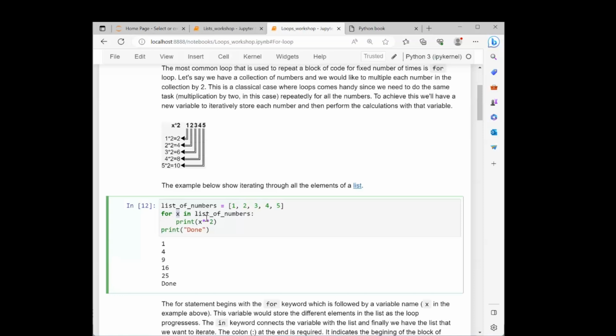In this case it's raised to the power, because we have 2 asterisks. Yes, correct. So we have for x in list of numbers colon. This line's syntax is for some variable name, this could be any name, in, and the list, whichever list you are working on, colon. And then in the next line